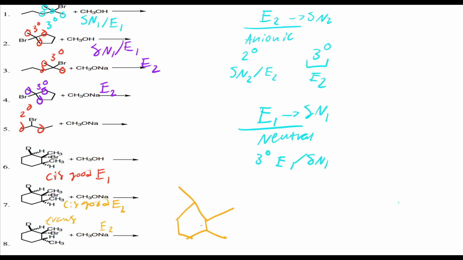So to explain it, if you're trans, whichever atom is messing up your symmetry or your cis-trans relationship, you cannot put a double bond there. So this bottom hydrogen is messing up our cis relationship, so we cannot put a double bond on it. Instead, let's see, you can only put,